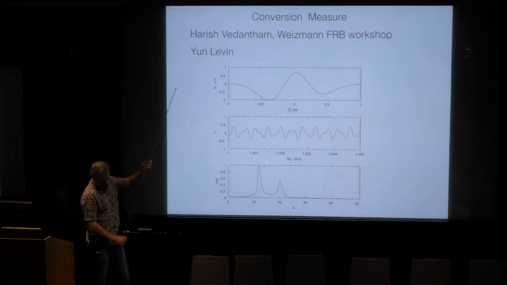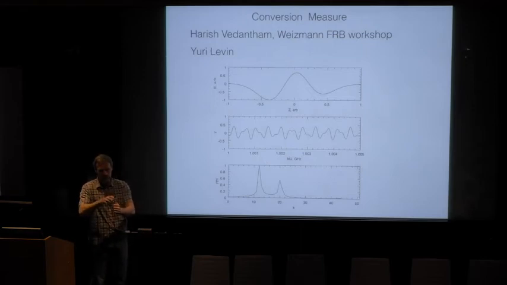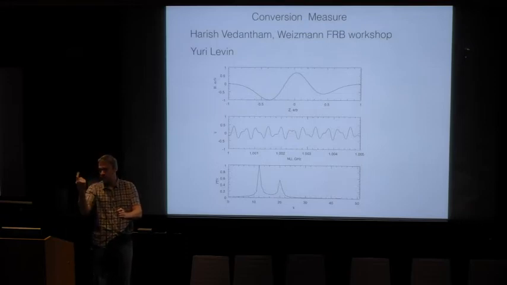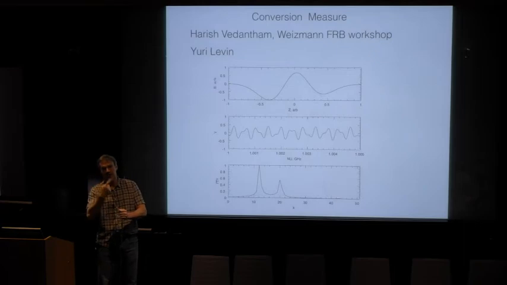And there is, however, some subtlety in this conversion measure. Probably most of you know about this subtlety, at least by now. The subtlety being, if you have a high rotation measure, it means that your electric field is rotating like crazy as the wave propagates. So if this thing is rotating, if this thing is rotating like crazy, it will have a hard time Faraday converting.